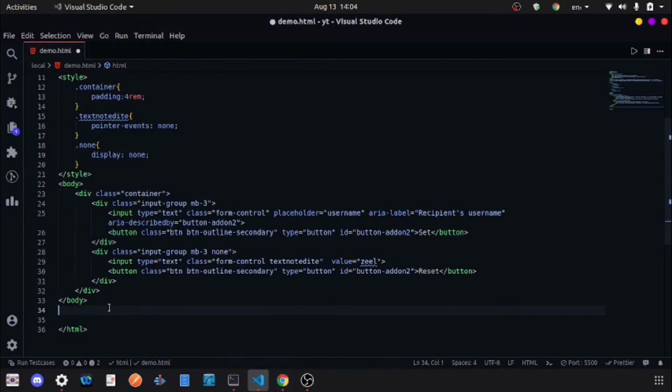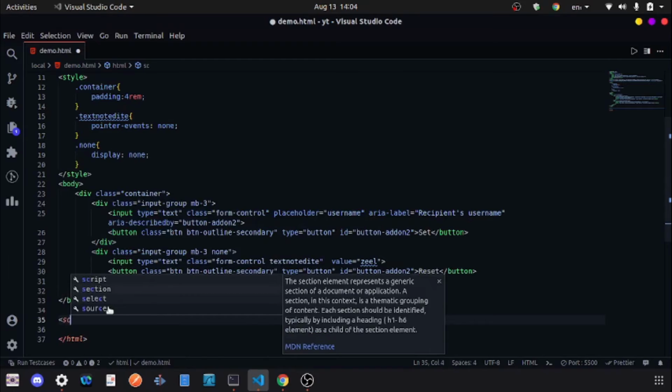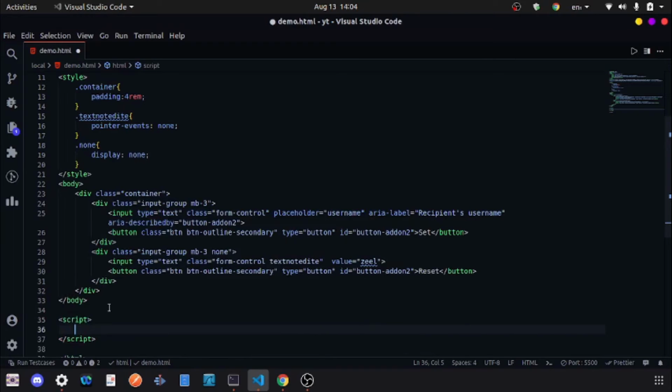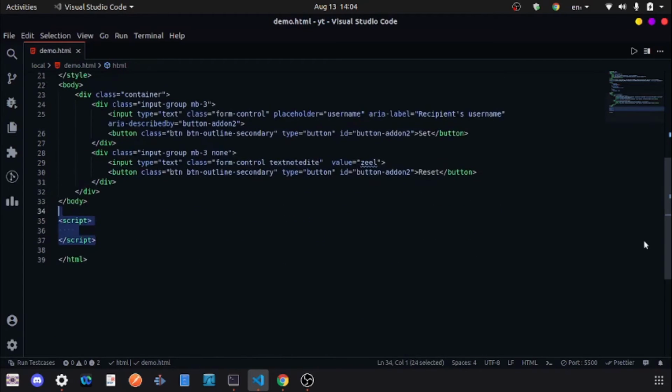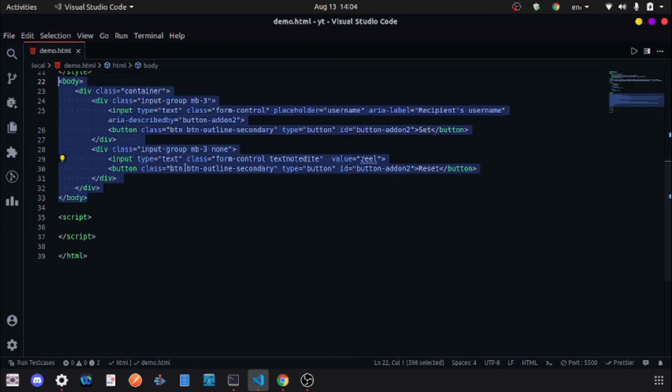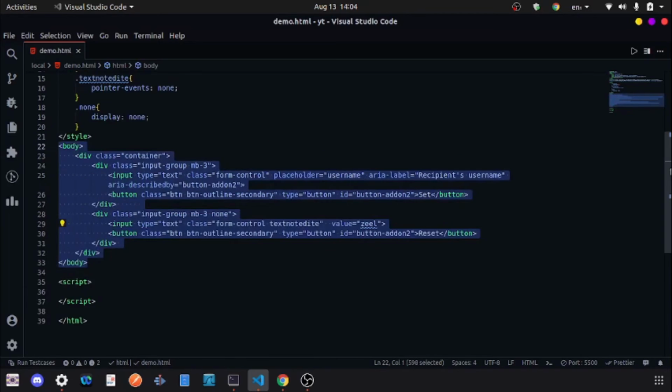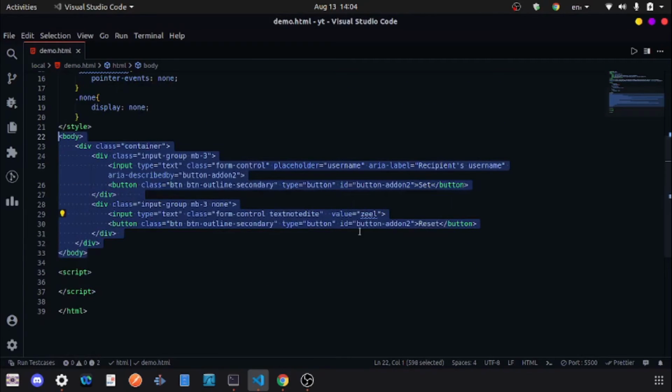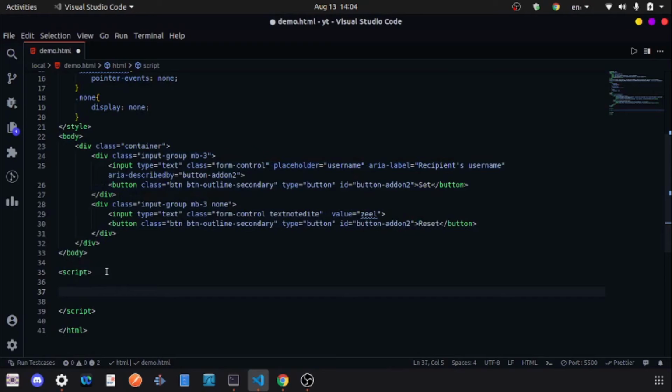So let's open our script tag, and by the way, for the script tag, always try to put it at the end of our page, because first let the HTML or the DOM document render, and after that only do some scripting. It is very useful. So we are going to target four elements. Let's give this an ID, you can use ID or class name, anything you want, so d1, and the ID of this is d2.